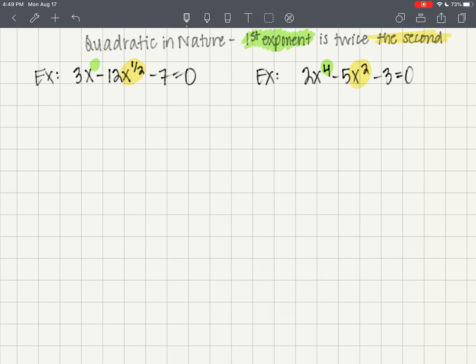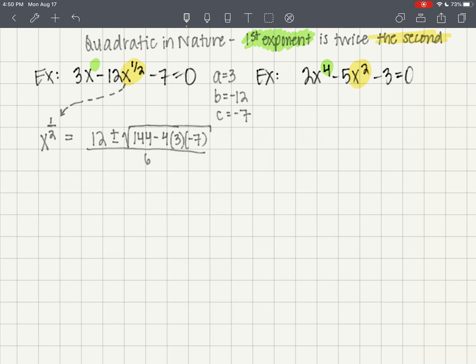So instead of saying x equals, we're still going to be able to use the quadratic equation. We're just going to say x to the 1/2 equals. So we bring that x to the 1/2 here, and a is equal to 3, b is equal to -12, and c is equal to -7. This looks so familiar. x equals the opposite of b plus or minus the square root of b squared minus 4ac